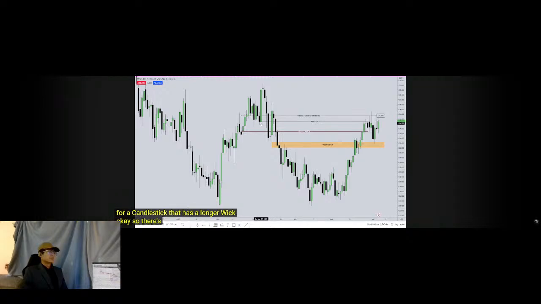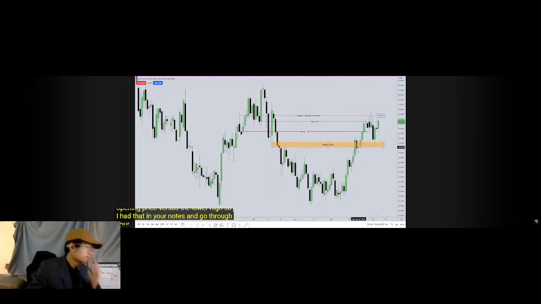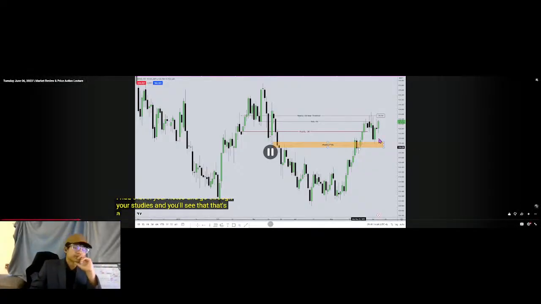Okay, so there's a little bit more insight about order blocks. And I'm telling you why I'm using the opening price versus the low. So have that in your notes and go through your studies, and you'll see that that's